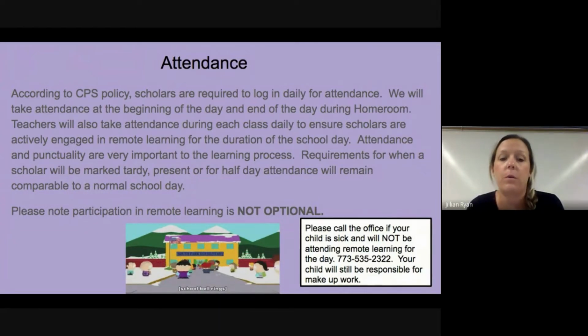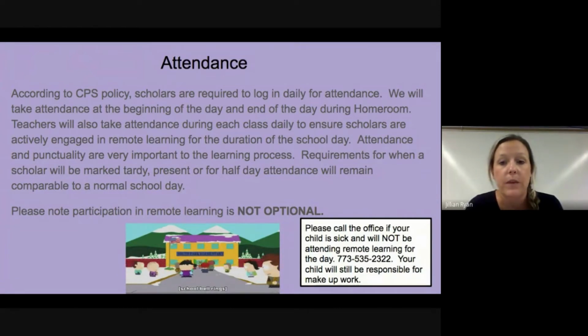Attendance and punctuality are very important to the learning process. Requirements for when a scholar will be marked tardy, present, or half-day attendance will remain comparable to a normal school day. So basically the expectation is that you are to be present during all your classes each day, just like you would if you were coming into the building.